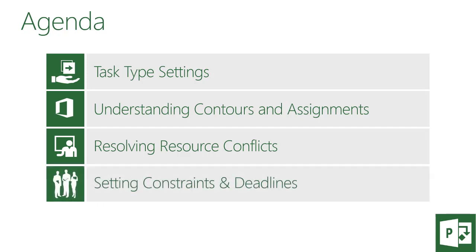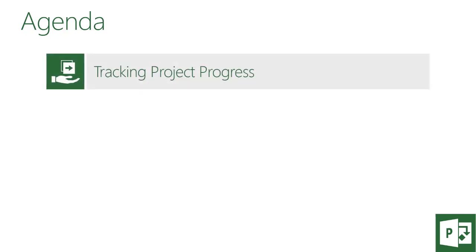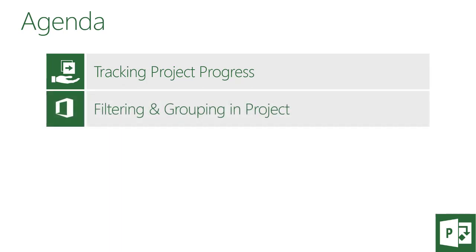We'll get into constraints and deadlines in Module 12. And finally, we get to tracking in Module 13. This includes setting baselines, marking tasks complete, and comparing what we thought was going to happen to what is actually happening within our schedule. Now we want to work with specific scheduling information, and we'll cover that in Module 14